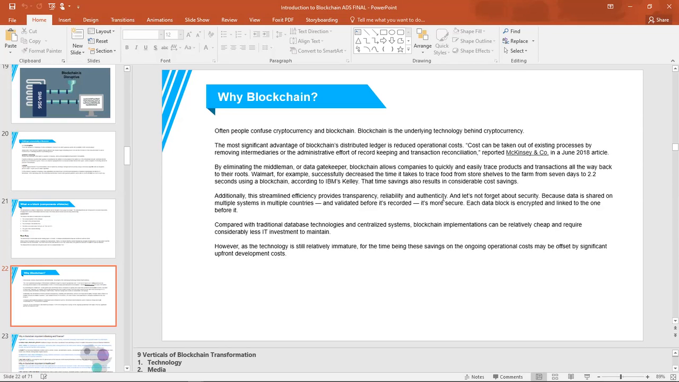However, I think I mentioned yesterday, as the technology is still relatively immature for the time being, these savings on the ongoing operation cost may be offset by significant upfront development. So like I've mentioned, the initial development is quite high